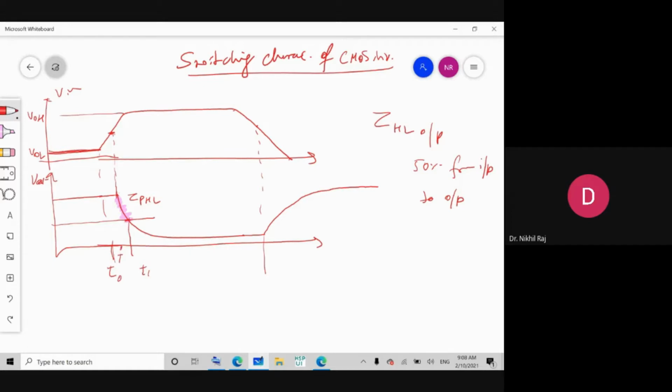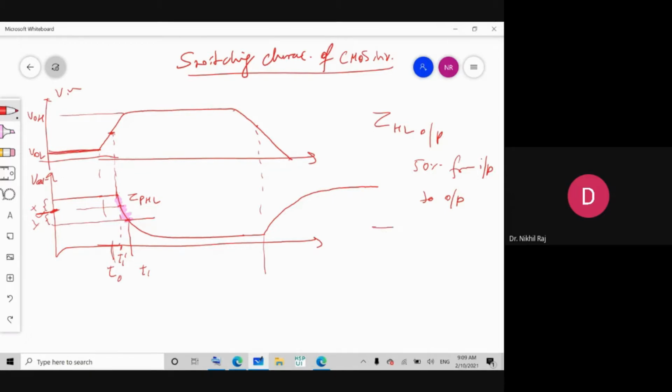In between there is a T1 dash time where the change in the mode of operation of the NMOS was seen. Once the output is up to this level, it will retain in a certain operation, X operation, and then when it crosses this time, it will enter the Y region, and then we calculated TPHL. Now the same case will happen here.